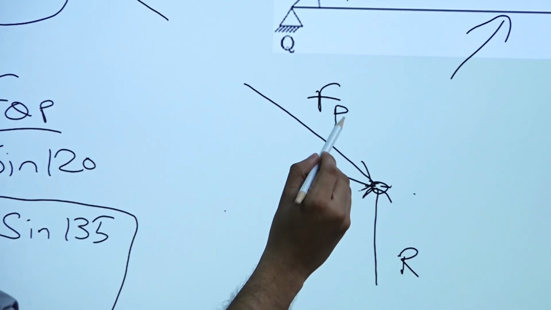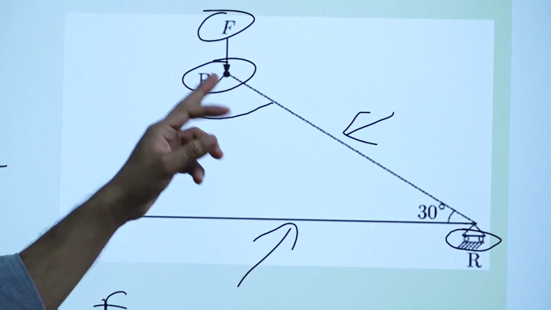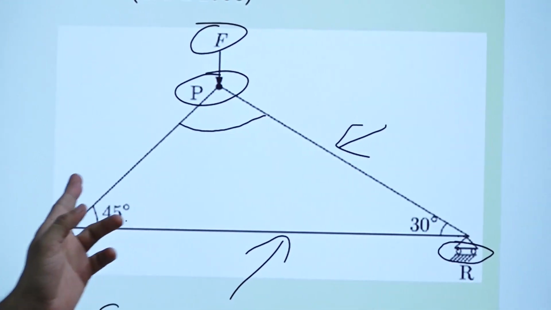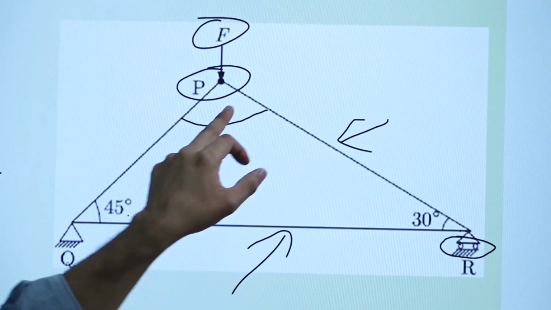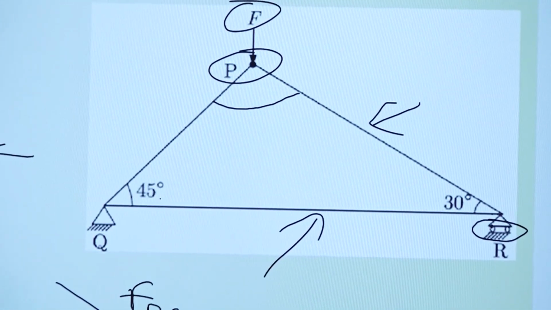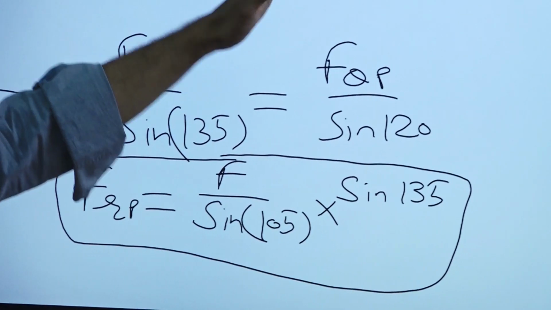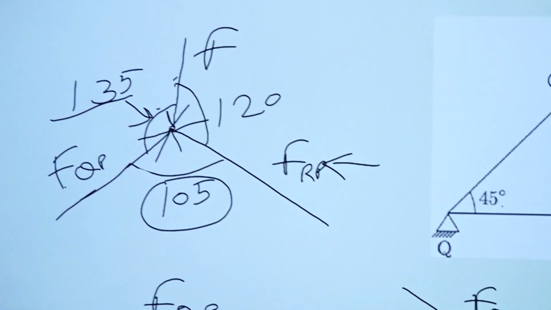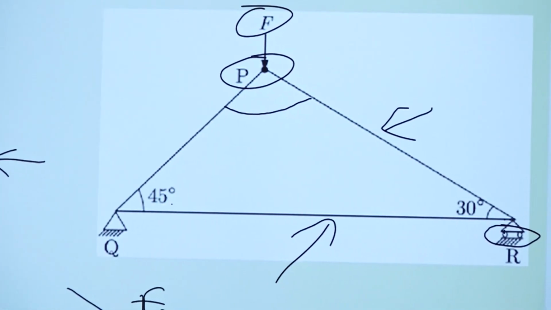Now I will write it FPR. Okay, obviously it is again action and reaction. Whatever force is acting at the point P will be in reverse direction of what force is acting at R. Suppose the force is acting at P, it is PRP, then the force acting at R will be in reverse direction, right? That will be PR. That's why I made it in reverse direction, and here I made it in this upward direction, right? So these forces are done.